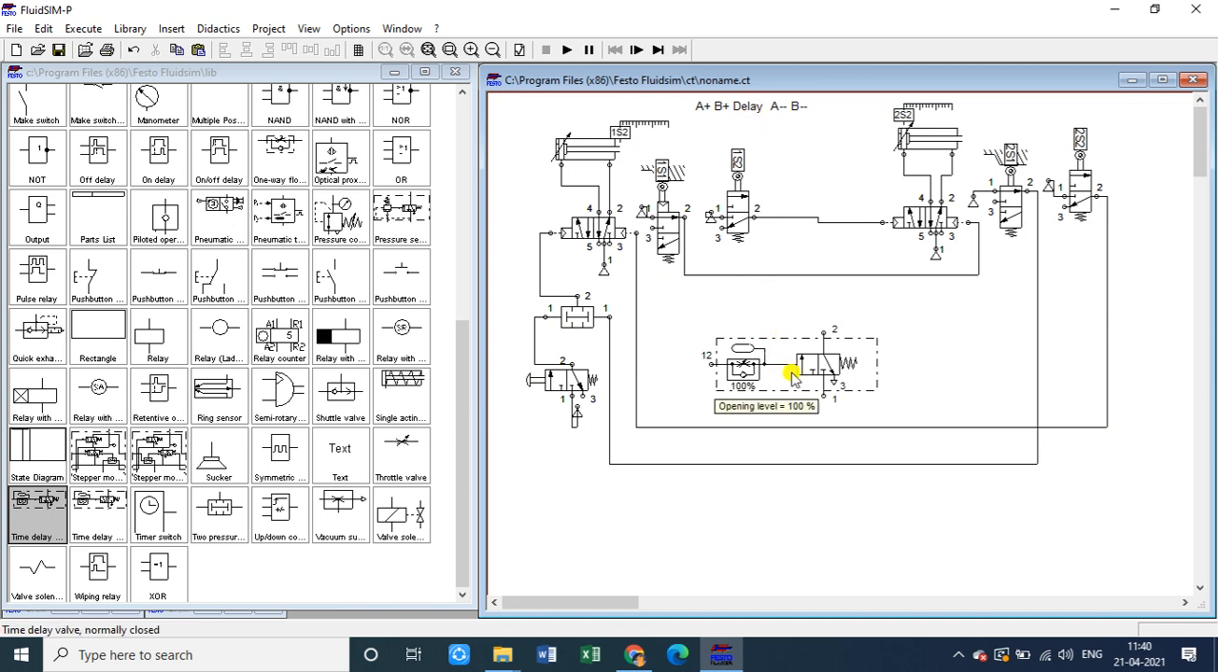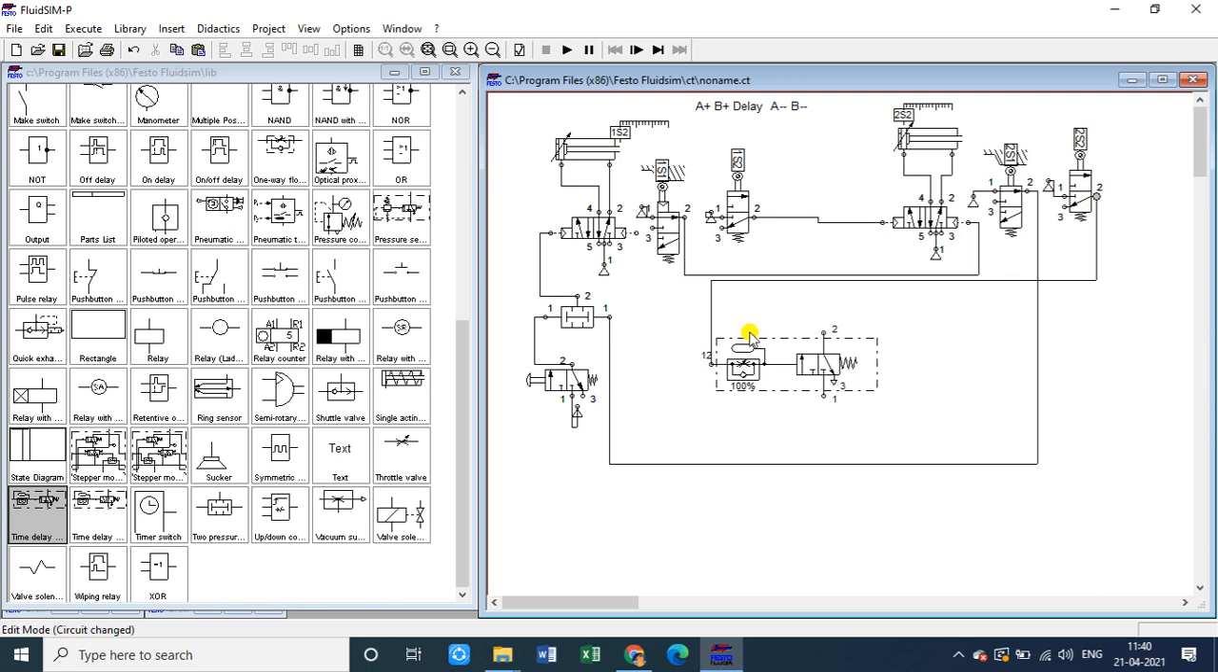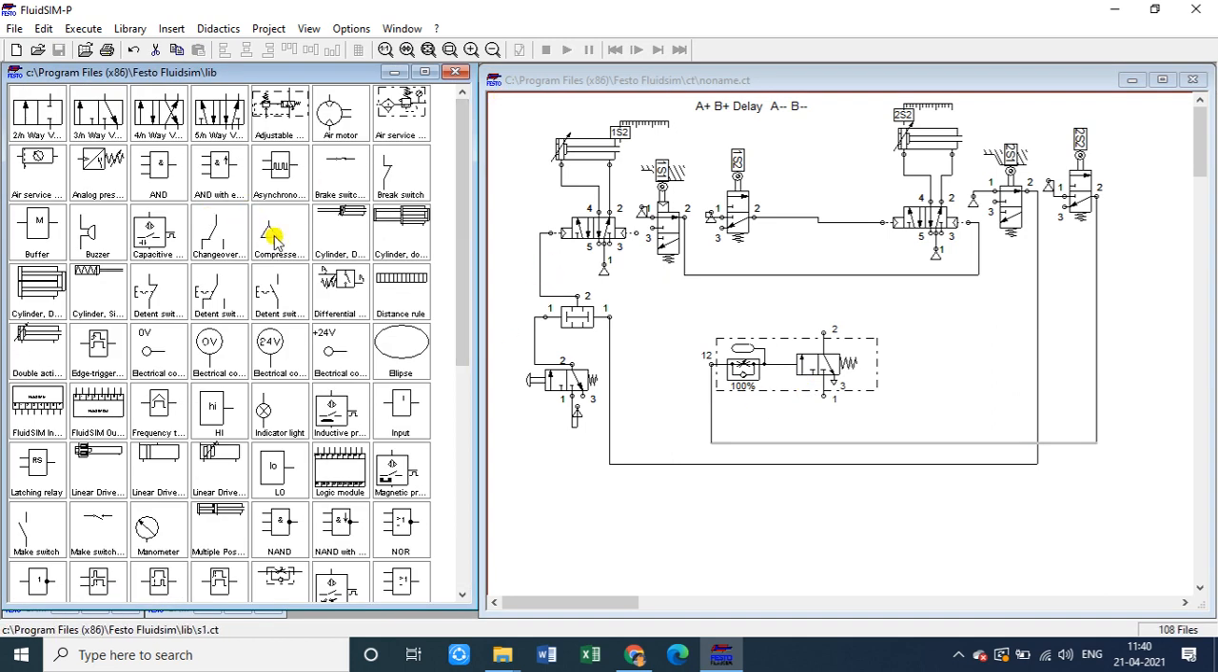Okay, now I have introduced the time delay valve over here. So what we have to do is, the output of this, I'll delete this line. Feedback of this 2s2, I must connect over here. Then we will need one input from the,